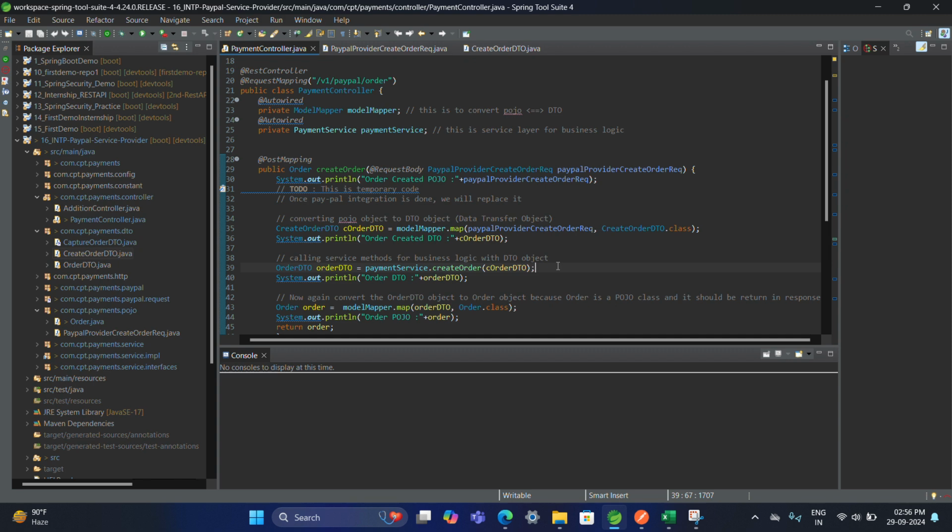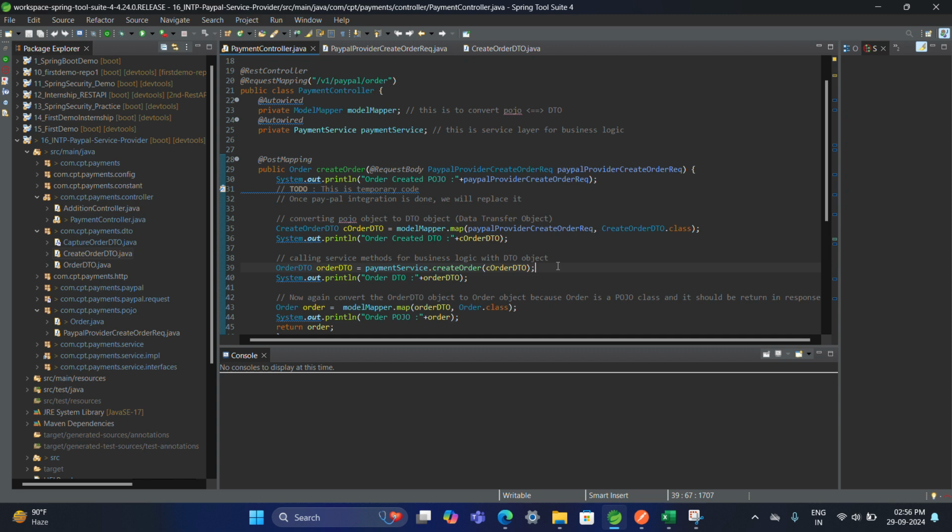It is a good practice that we should not pass the Pojo object. We create the corresponding DTO object and pass that, and in the response, when the DTO object is provided by the service layer and we have to respond,